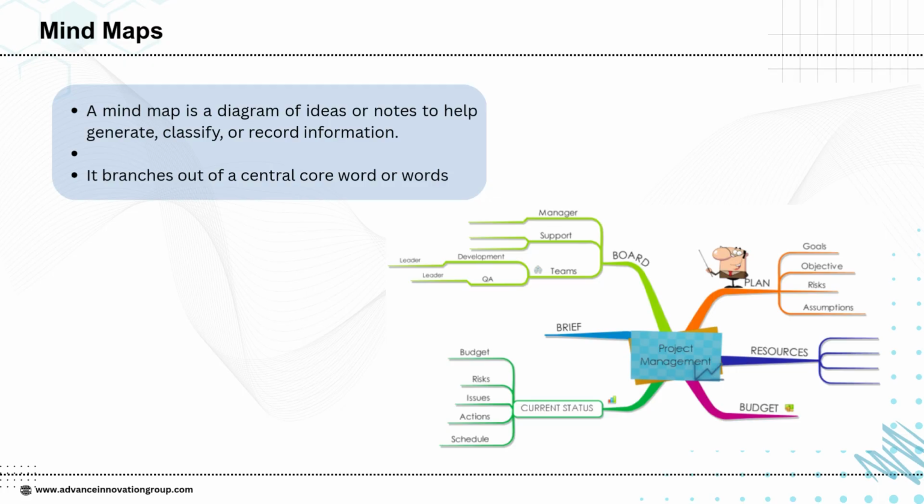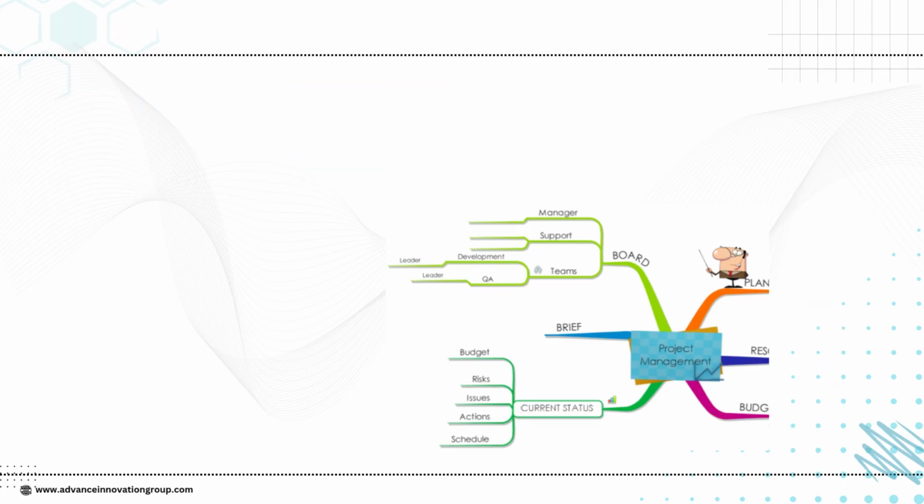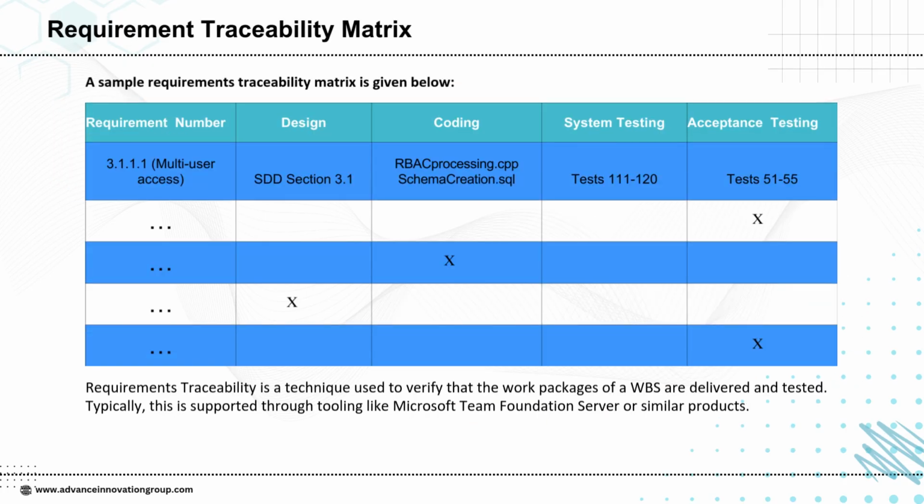This method is very useful because it helps in generating new ideas, classifying information, and recording it in a structured way. By visually connecting concepts, a mind map gives us clarity and makes even complex information easy to understand and remember. A requirement traceability matrix, or RTM, is a tool used to ensure that all project requirements are properly covered